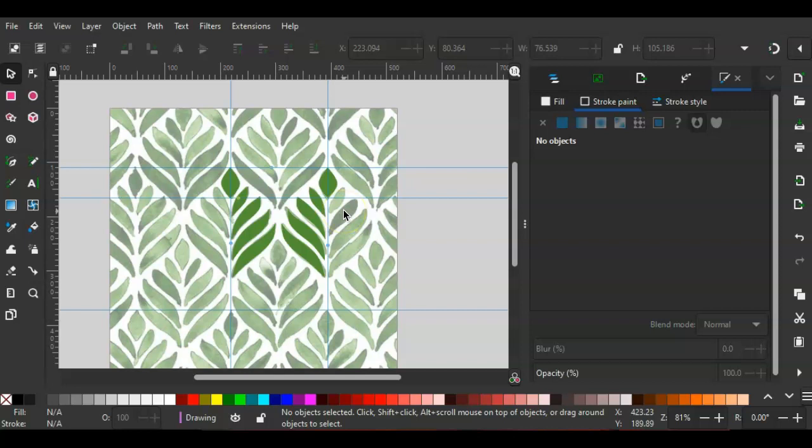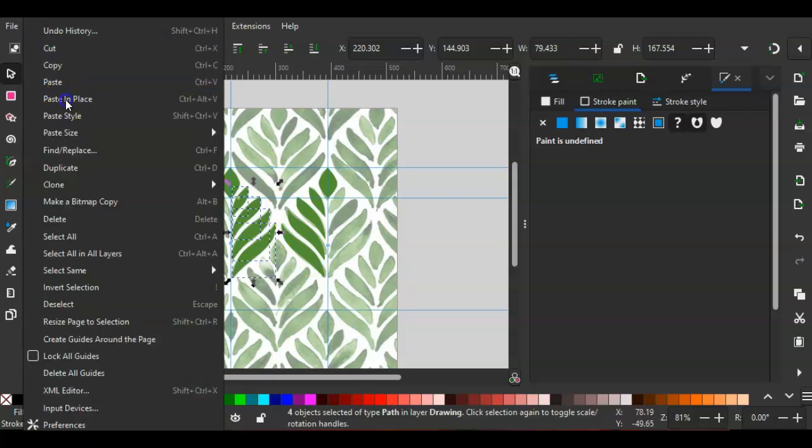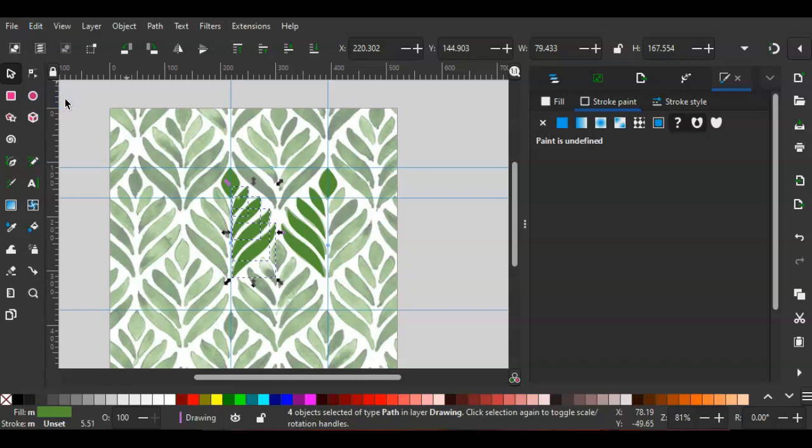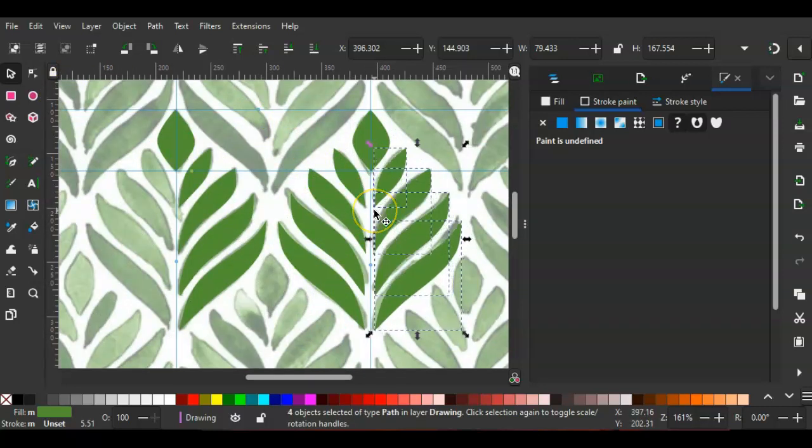And what I'm going to do is actually just select this one, this one, this one, and this one, and copy it. Control C. Then I'm going to go Edit, Paste in Place, and then I'm going to hold the Shift right arrow, and move it to the right. And now I have a full